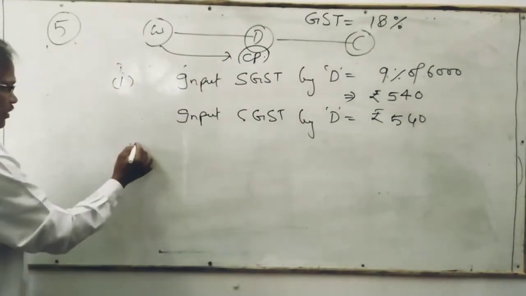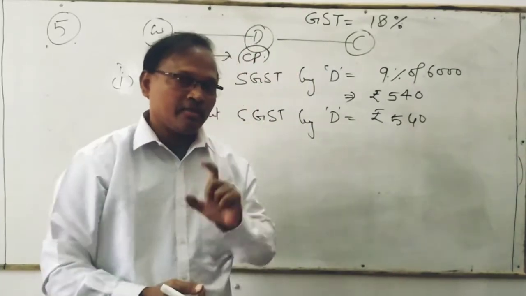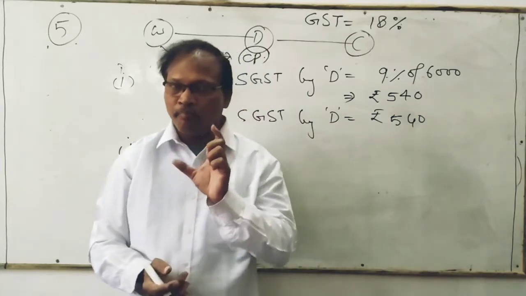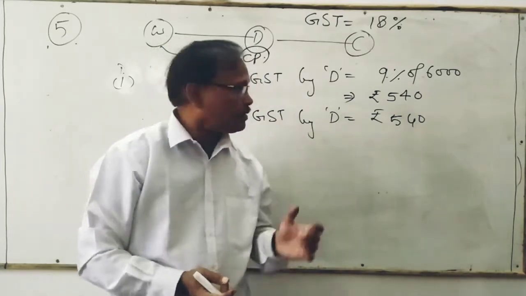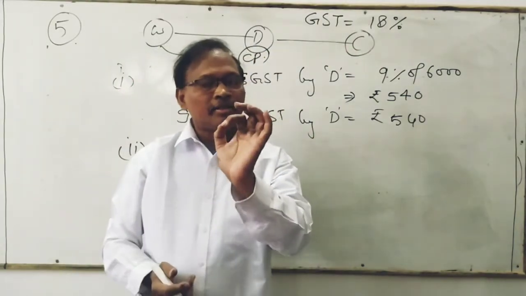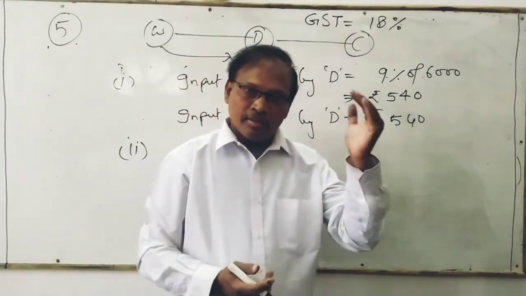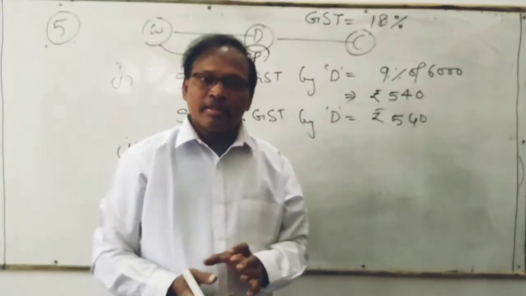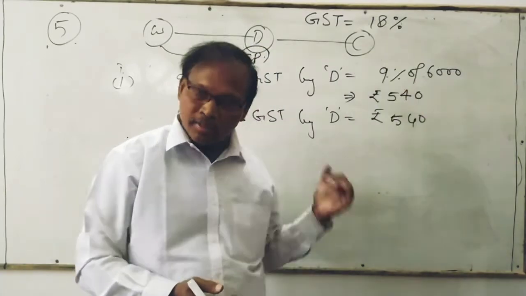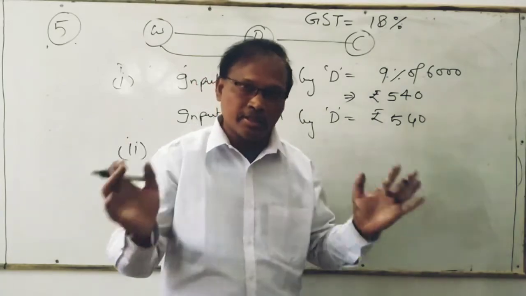Similarly, second part asking the output SGST and output CGST. हमने बताया in the first video. Output tax is the tax paid by the dealer, collected by the dealer. मतलब इस केस में डीलर कलेक्ट करेगा आउटपुट टैक्स फ्रॉम द कस्टमर ऑन देयर सेलिंग प्राइस. मतलब कि इस पे जो सेलिंग प्राइस की जो होगी डीलर की, जितने में बेचा है सेलिंग प्राइस, द टैक्स कलेक्टेड बाय द कंज्यूमर, कलेक्टेड फ्रॉम द कंज्यूमर. This tax is known as the output tax. और ये भी हाफ हाफ होगा because it is intra-state.